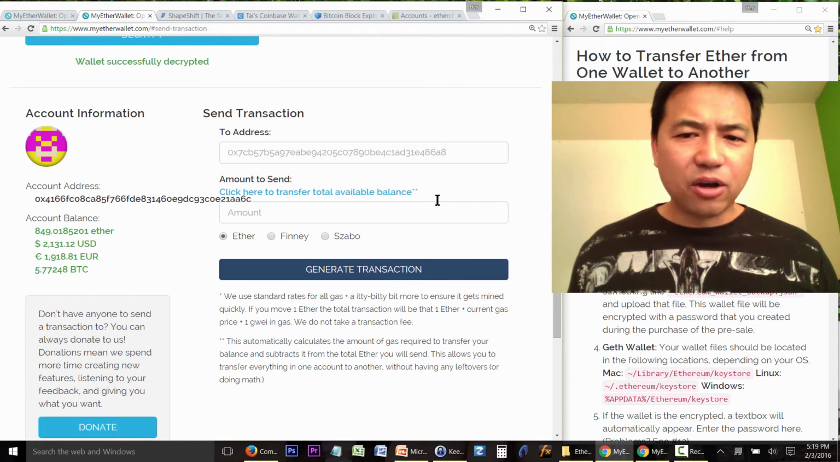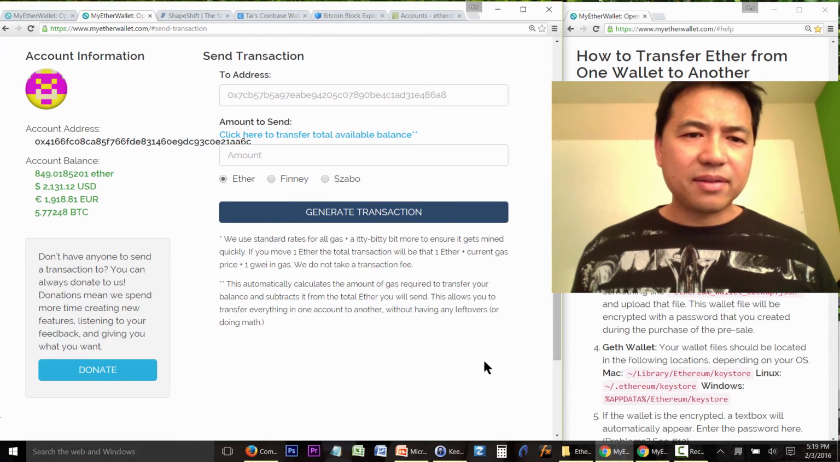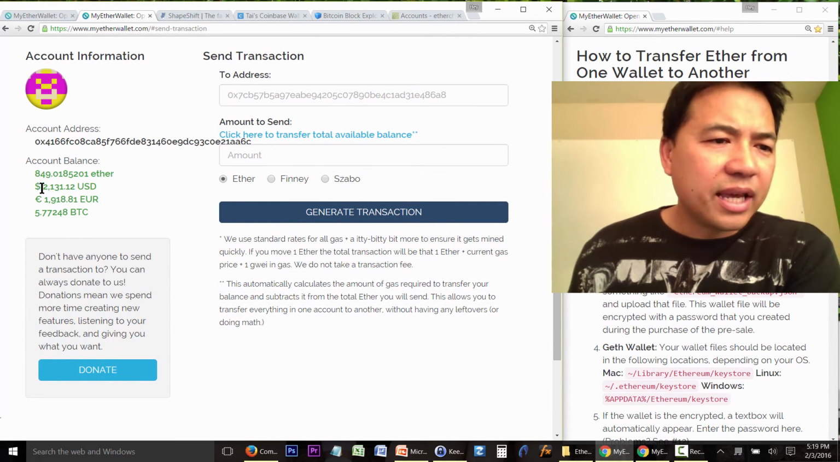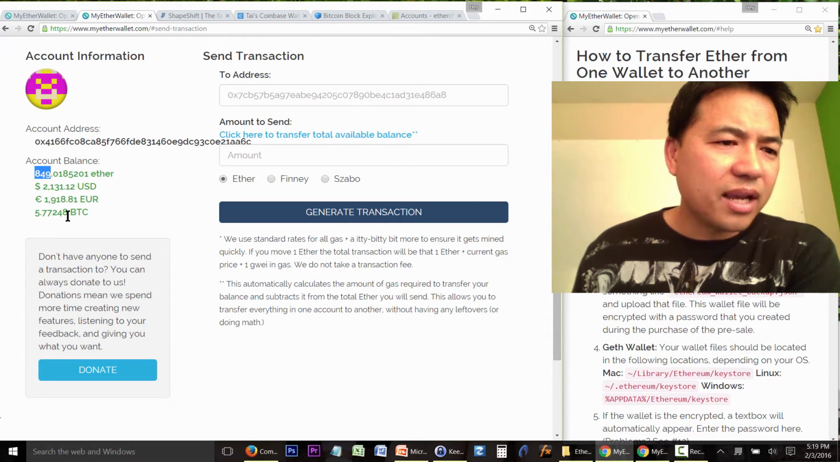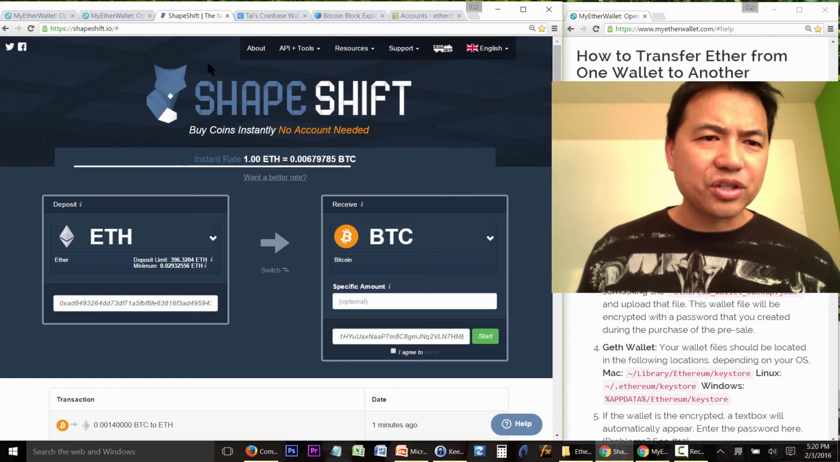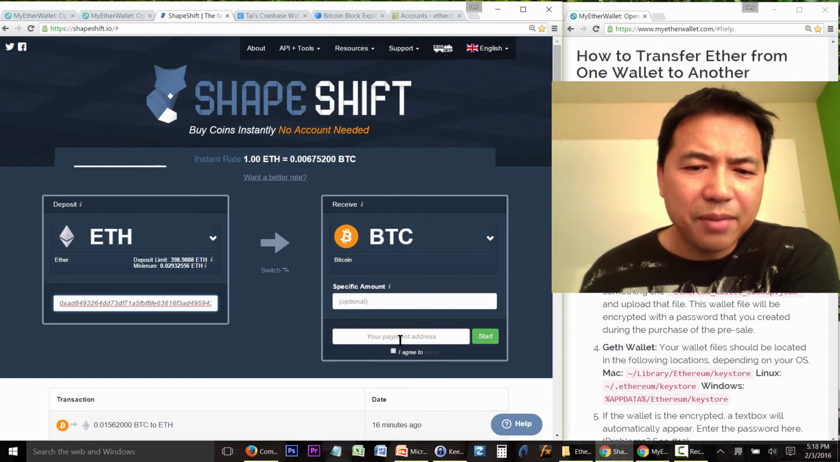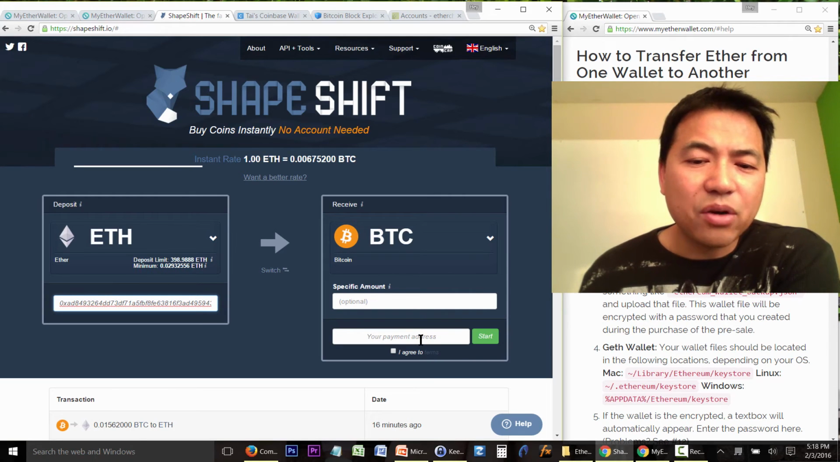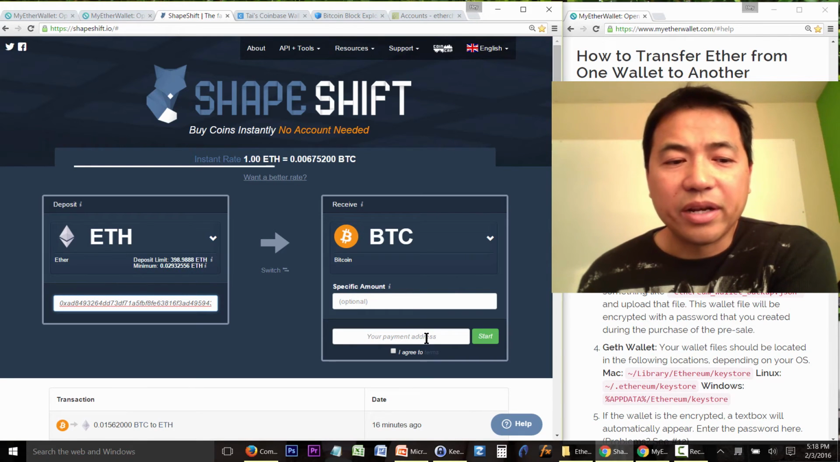and you'll notice that the wallet was successfully decrypted again, and this is probably about the 6th, 7th time that I've decrypted this wallet. You will notice here that the balance in there is 849 ethers. It's worth 2,000 US dollars and 1,900 euros, and it's worth 5.7 bitcoins at the moment. So what I like to do is grab that amount, copy it, and come over here to Shapeshift, and notice how we need a payment address. This payment address is the Bitcoin address that I want Shapeshift to send the Bitcoins to when they are finished